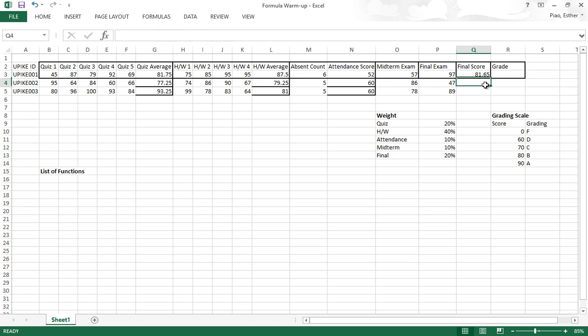But this is not quite done yet because you are going to drag it down to here. So you probably have noticed something odd happen here. Take a look at what happened. You see the ranges have shifted a little bit. So you probably know what you need to do in order to prevent your ranges from being shifted. I'm going to use the absolute referencing technique. Select the weight value here and press the F4 key on your keyboard,